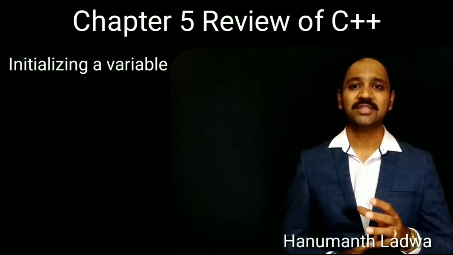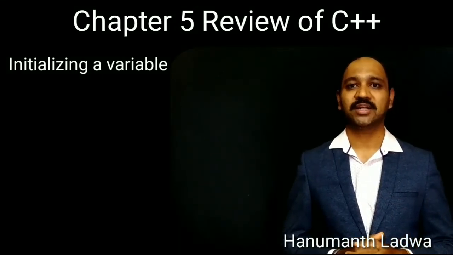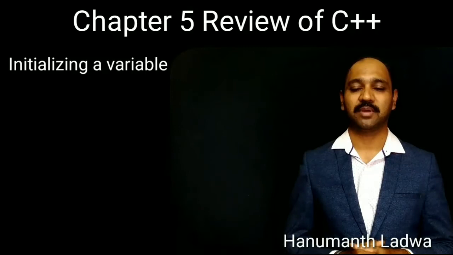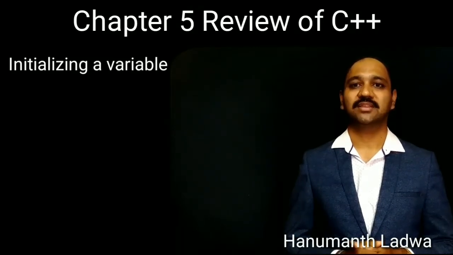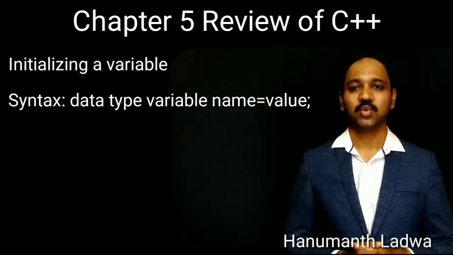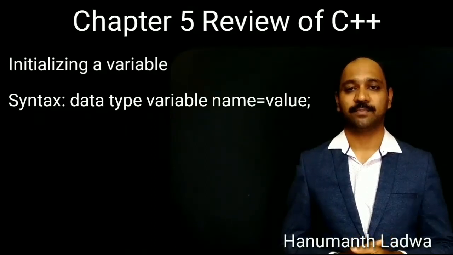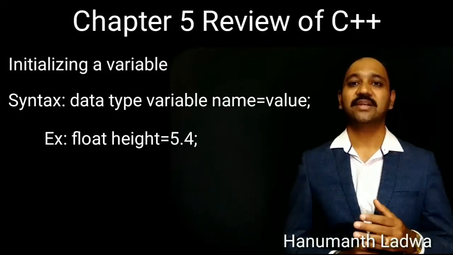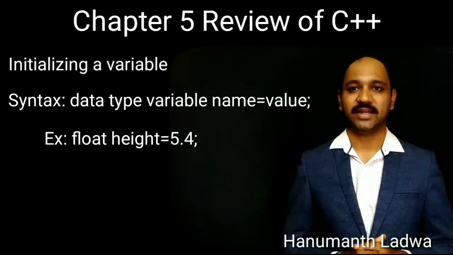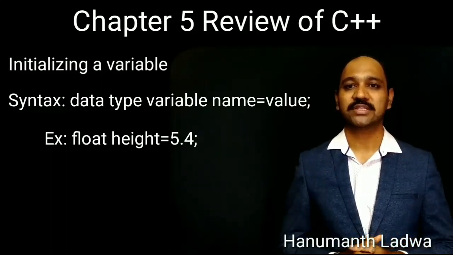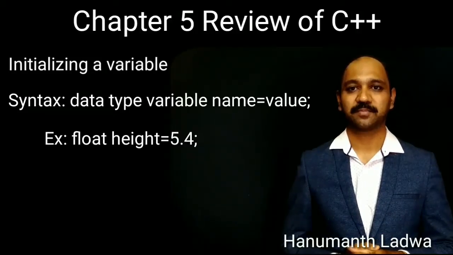Initializing a variable. Once the variable is declared with a respective data type, we can initialize any respective type of value to that particular variable. Here we can see the syntax: data type, variable name, equal to some value or expression, semicolon. Now let us take one example. For example, data type float, variable name height, assignment operator, then 5.4. Here 5.4 is a floating point or real number, so it can be assigned to height, which is